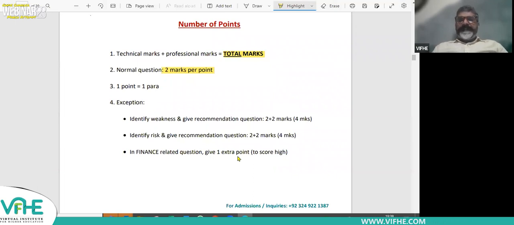All right. So basically, from a presentation point of view, 1 point should be 1 para. So I would either expect 9 subheadings. I prefer giving subheadings. I like giving headings to each point because it makes the life of the examiner easier and it looks more professional. So I would either expect 9 subheadings clearly, or if you don't want to give subheadings, then I would like to see 9 well-drafted paragraphs. So 1 paragraph will denote 1 point. Is that clear?